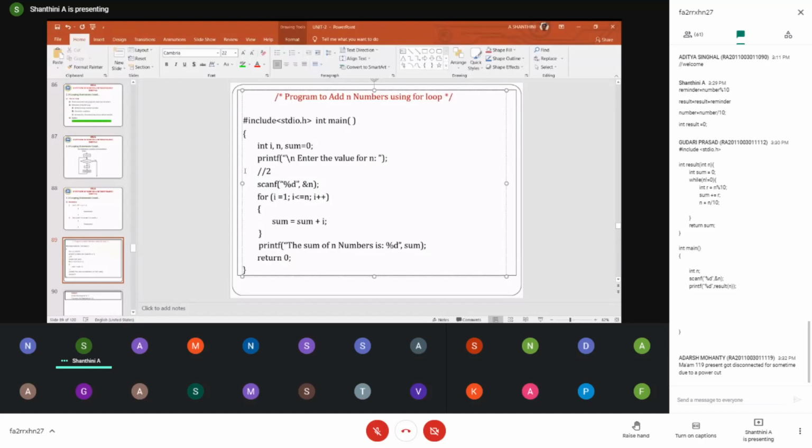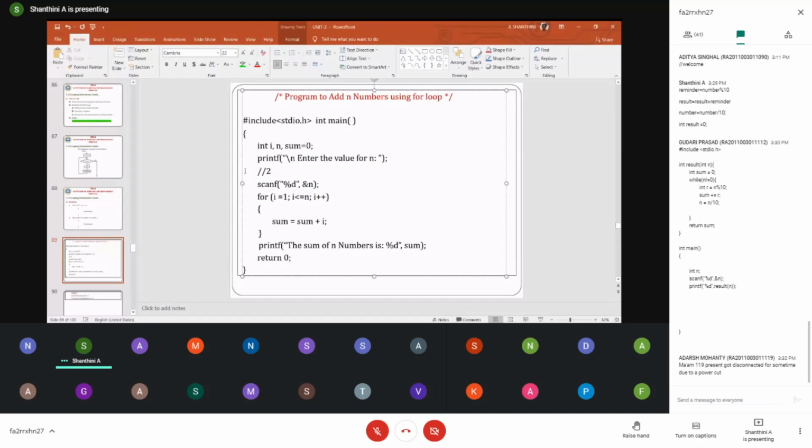n I have got as 2 only from the user. Condition is true. It gets inside the loop and performs the sum operation. My current sum value is 1, my current i value is 2, and my resultant value is 3. That will be stored in sum. After this, it automatically increments my i value.